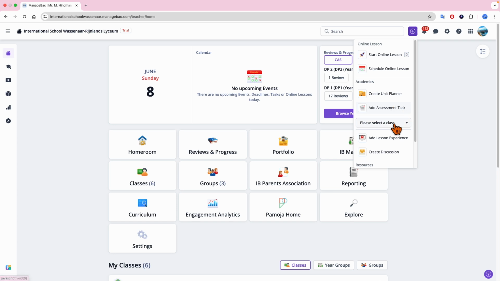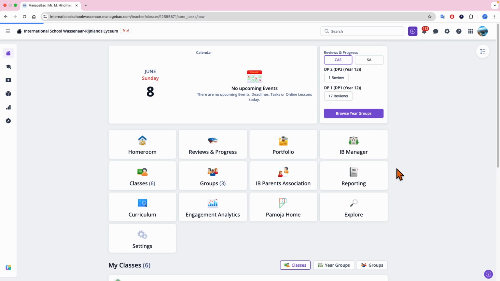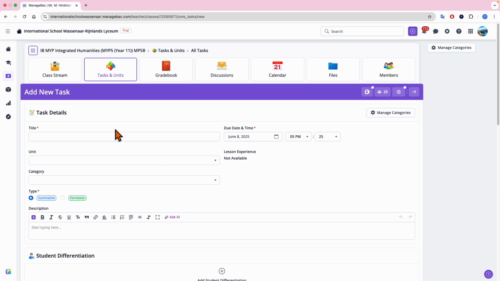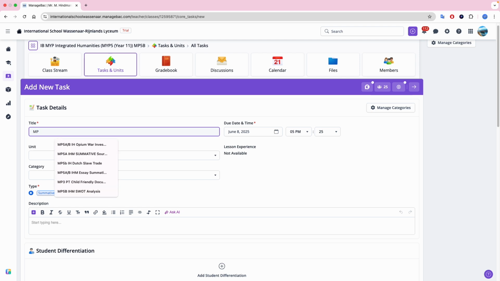If I click add assessment task, then I can choose the class I want to add it to, and then I just fill out the details in the boxes here. So I'm going to fill it out. I'm going to use the convention that we use at ISW for naming a task. I'm firstly going to start with the class name, so MP5B, and the subject, IHF, and I'm going to make